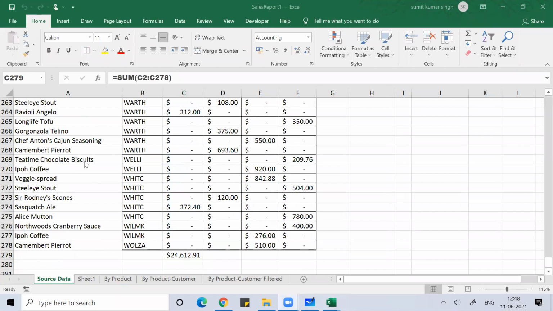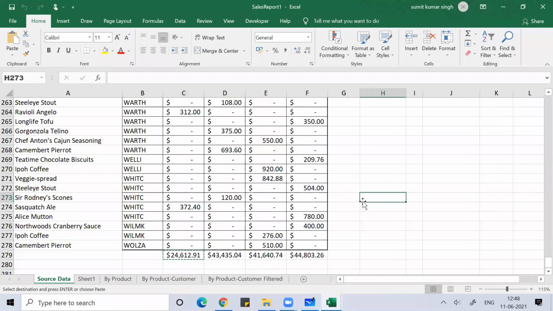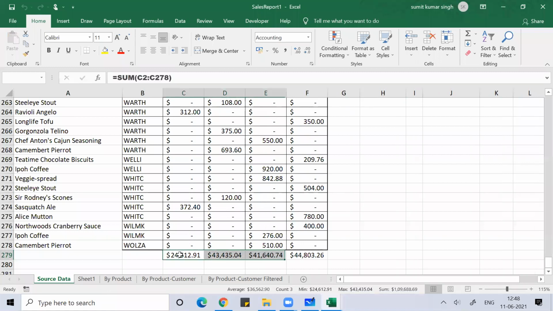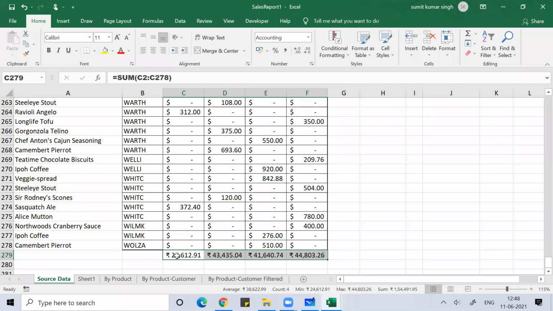Once you did the sum here, you don't have to repeat that again. You just copy that, Control C, select the data, Shift Right Arrow, Control V. Now you know that I have not done auto column fit, otherwise you have to do it manually, so automatically this happened. I did the sum. Now you see these sums are coming with a dollar sign. I'm not in the US, so I want everything in rupees. You can put the rupee sign. This was coming in dollar, I put it in rupee.